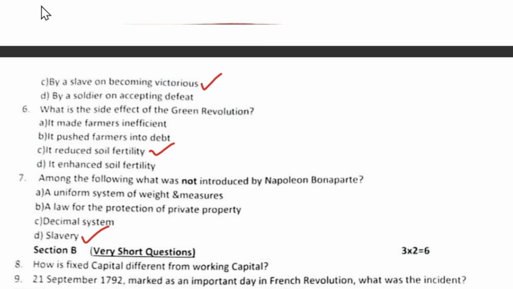So the answer is the impact of abolishing censorship in France